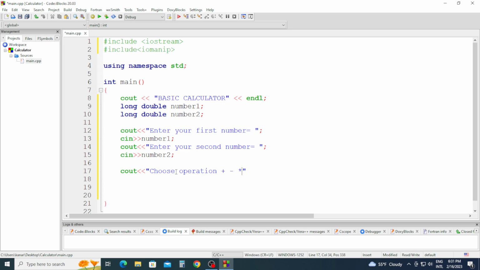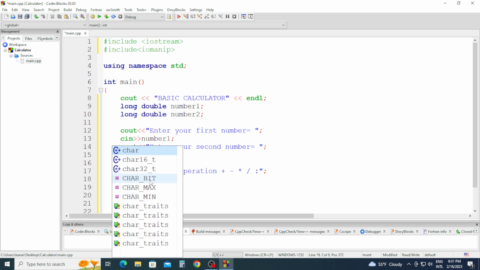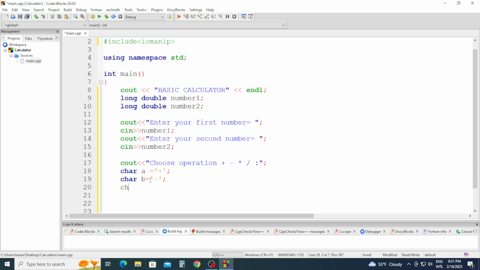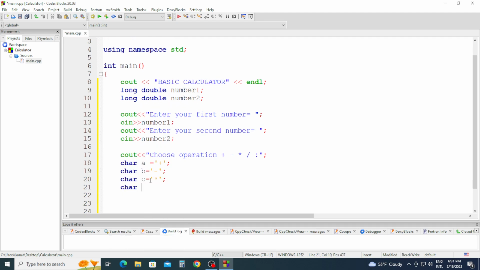Plus, minus, multiplication, division; and we're also going to declare char a equals single quote plus; char b equals single quote minus; char c equals single quote multiplication; char d equals single quote division;